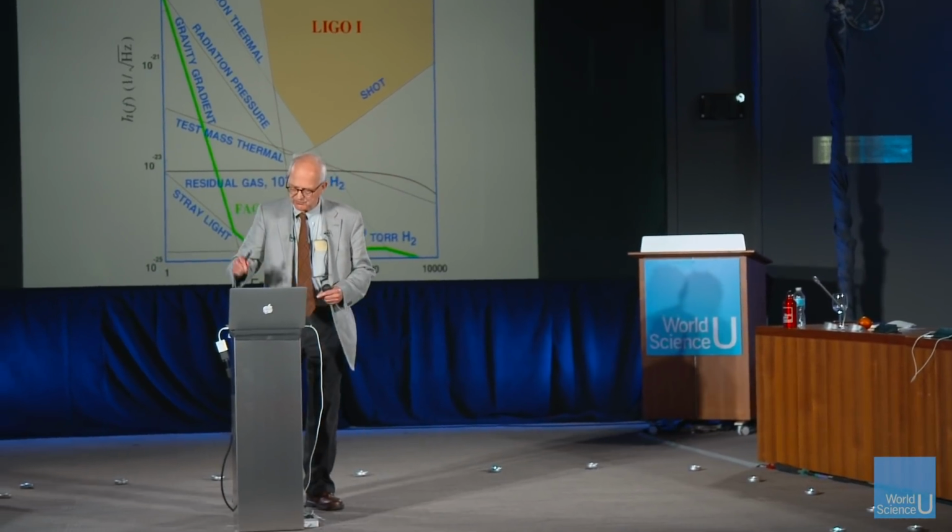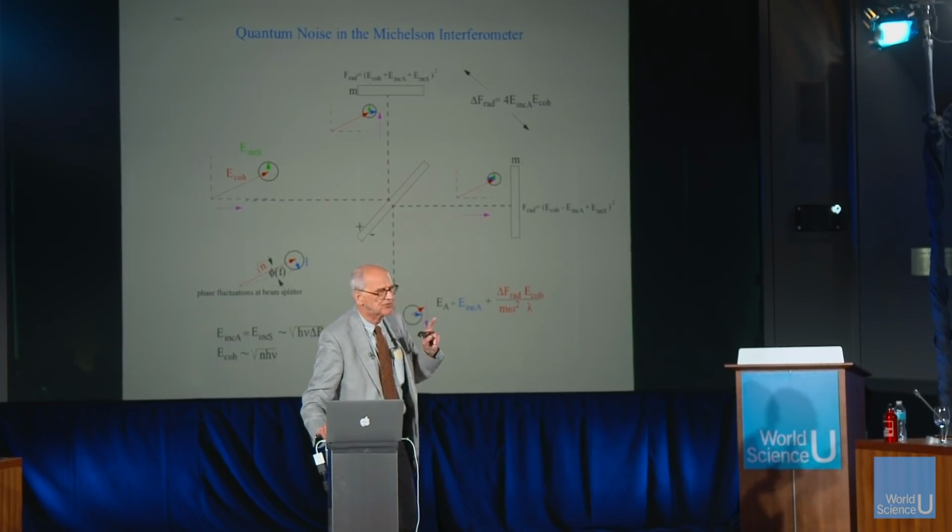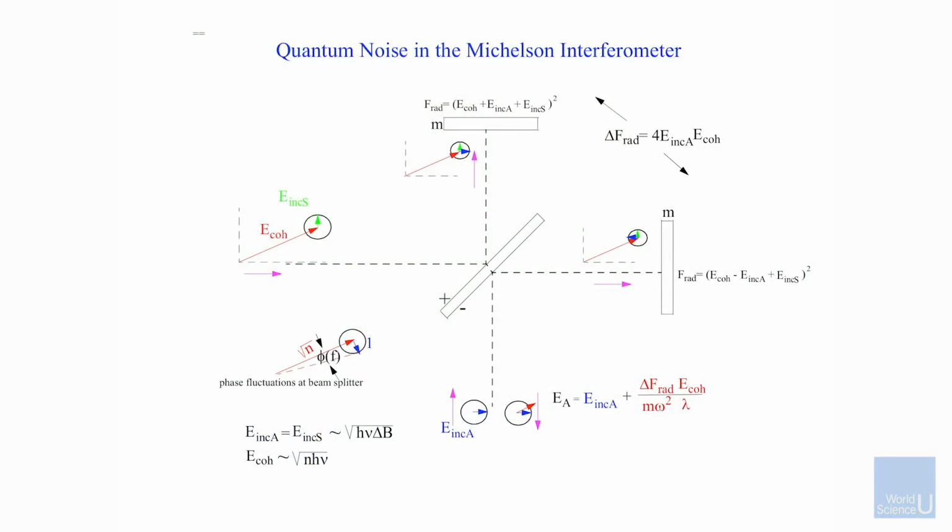And that's what the basic idea of the experiment was, to get everything down to that point. I don't think I have time for this slide. If you want, in the questions I will show the slide and explain it. This is the noise, if you really go into detail and try to explain where the radiation pressure noise and the phase noise come from, the quantum theory. I'll just say this much about it to entice you. It is the quantum fluctuations in the radiation field that make the quantum noise. Something that you have to take into account, and people are thinking of ways of getting around that.